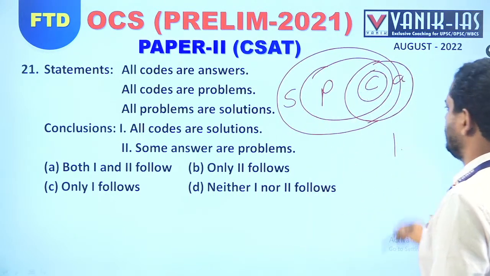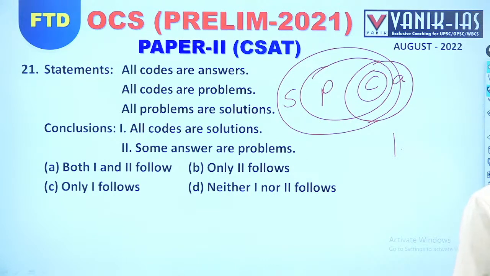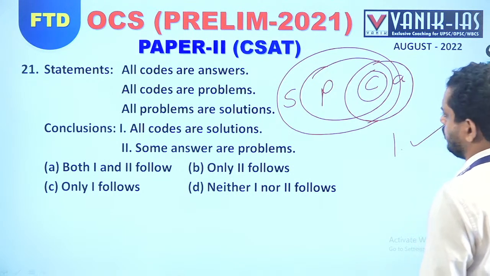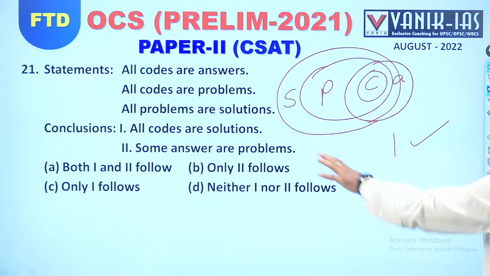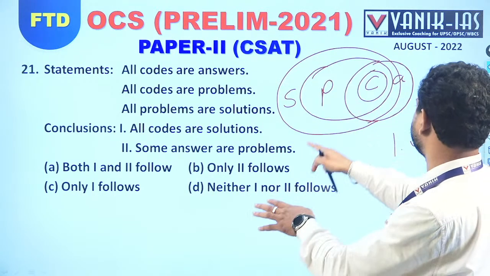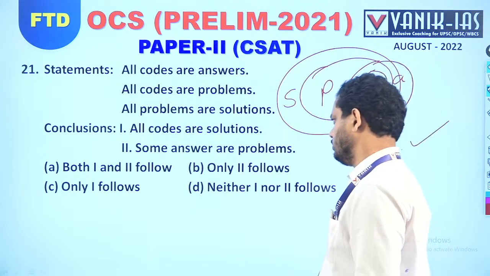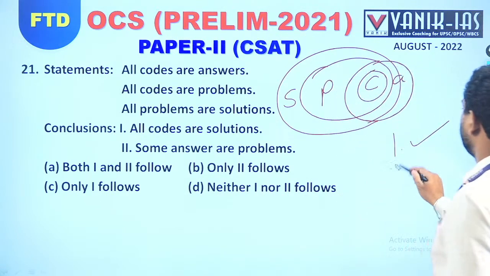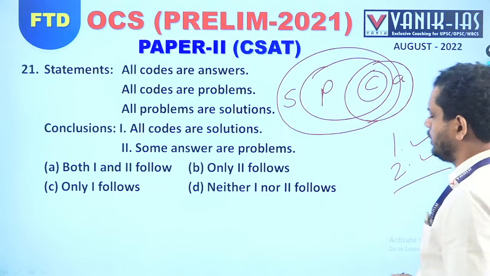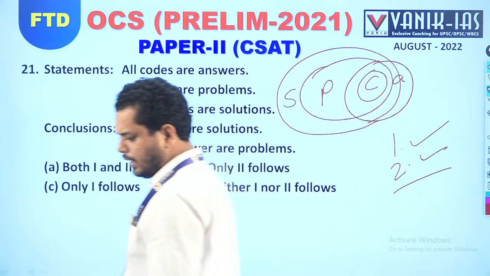And number one question is, all codes are solutions. This is correct, because all parts are satisfied from the beginning. All CP is given, all CS is given. So indirectly we can say all codes are solutions. Some answers are problems. This is also correct, because if all satisfy, some satisfy from any direction,